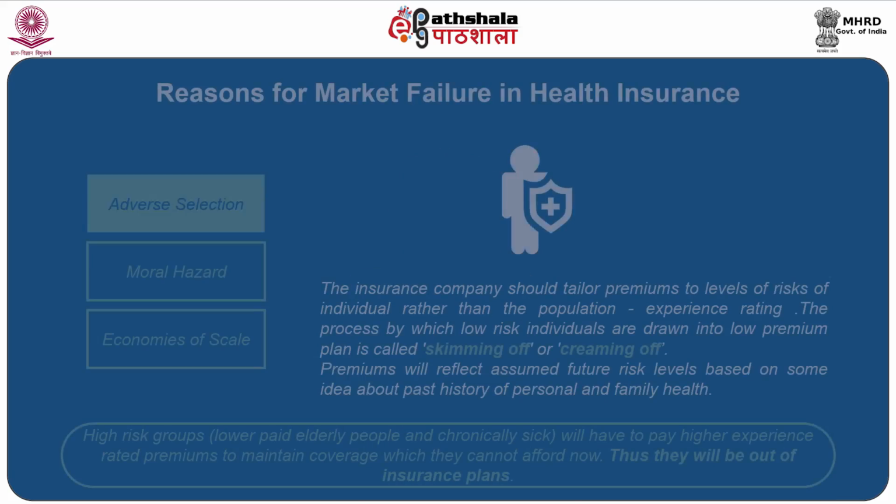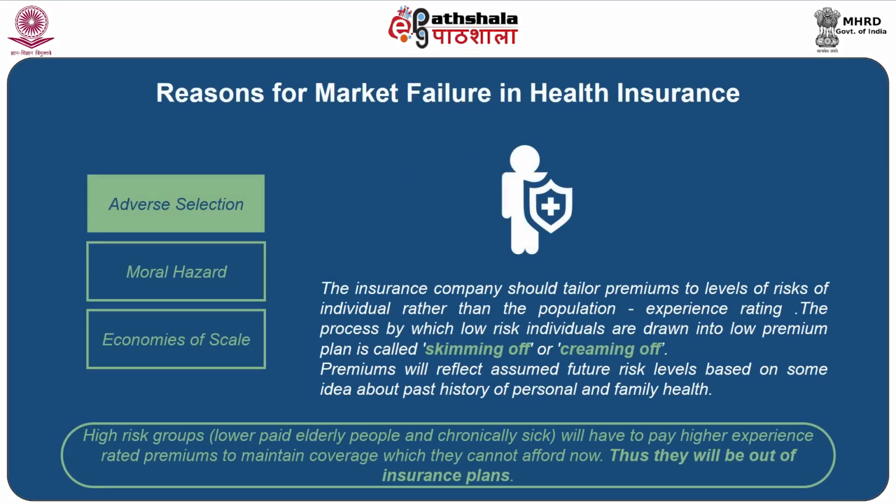As a result of this, once again some people will drop out of insurance coverage who perceive their risk status to be lower than the average of those remaining insured. This process whereby the best risks are gone out of the insured group is called adverse selection. The insurance company should tailor premiums to levels of risks of individuals rather than the population, which is called experience rating. The process by which low risk individuals are drawn into low premium plans is called skimming off or creaming